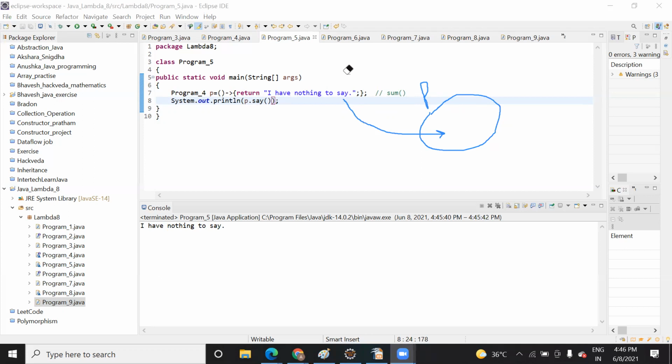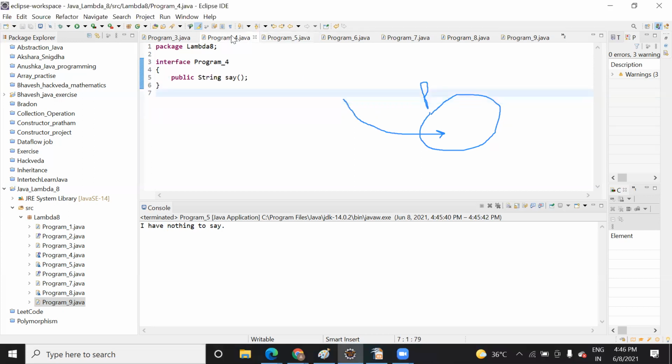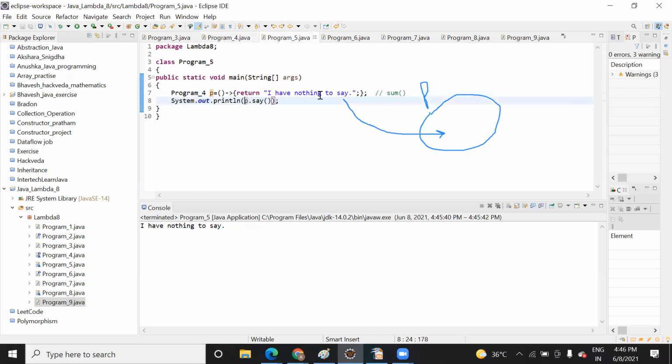So can you open program for 1 second? Yes, sure. Which one is the open program? This one? Okay, I got it. Yeah, so here I have declared a string type as the return type, because I am saving here the body, the value I am assigning to this variable is of string type. So like this, the anonymous function works.